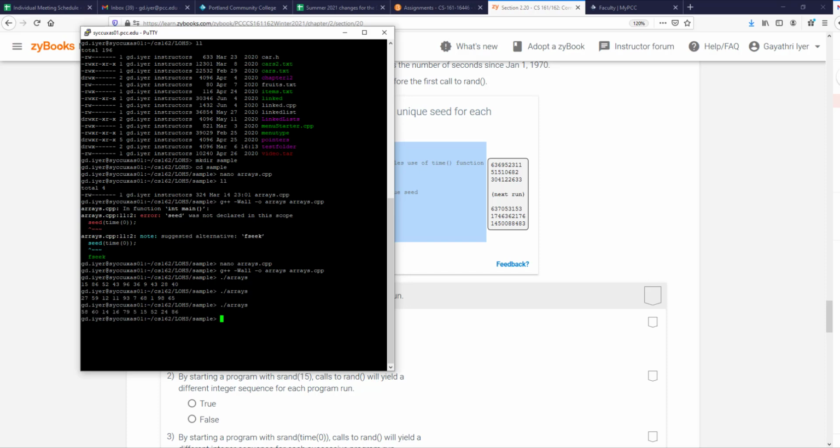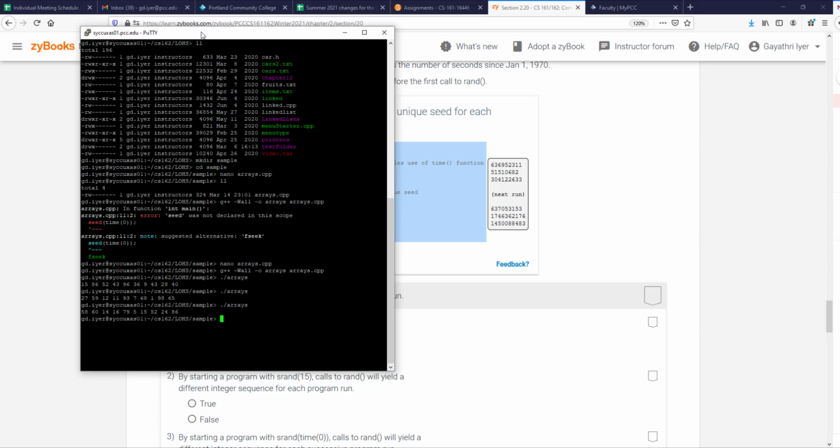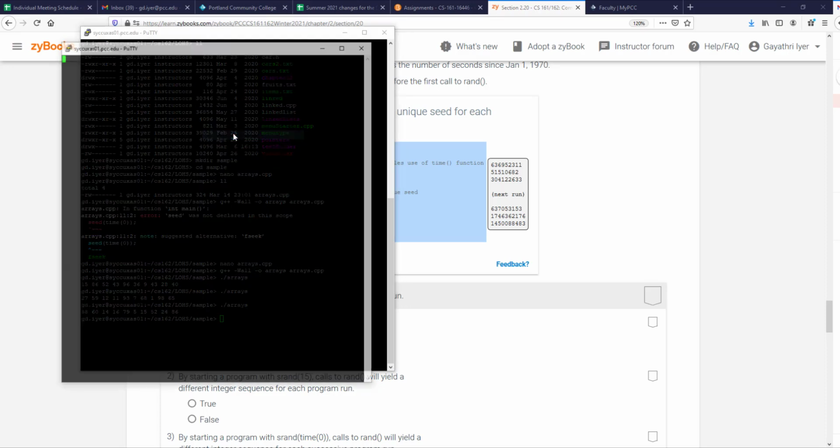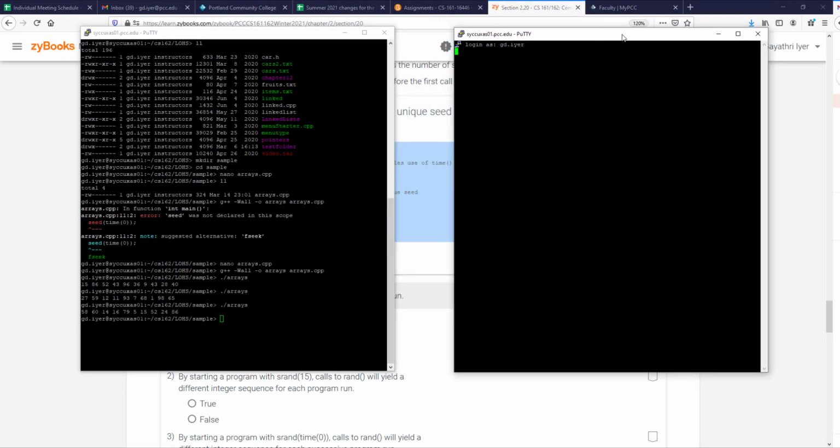Okay, so now go through and try to do different things. Try to insert in the array. Now, if you want a new session, right click on the white spot on the top, do duplicate session. It will essentially create another session, but you have to still log in. Put in your username and password, you log in, you change to that folder, cd test, no, what do we call it, sample, and then you can use these two windows